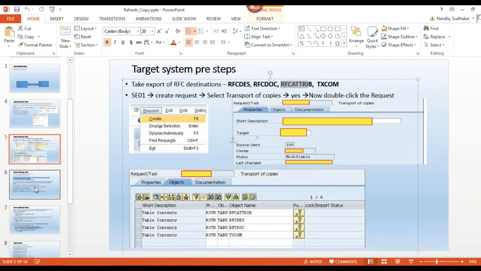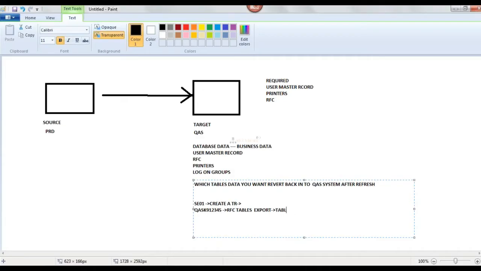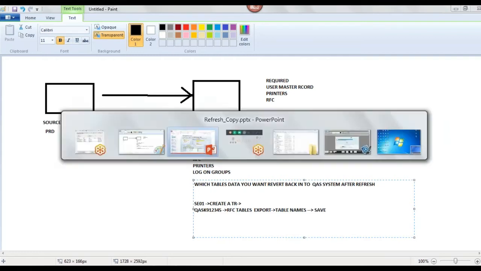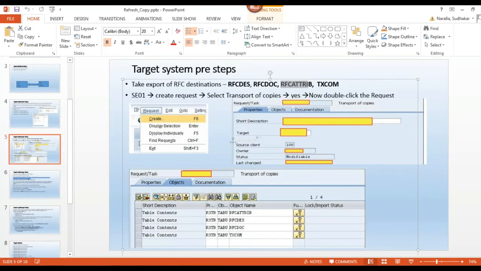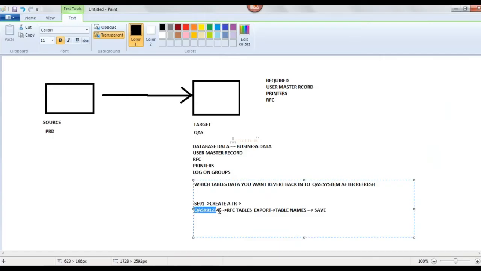Once you have given the table names, save it. Then these tables data will be stored under this transport request whenever you save.